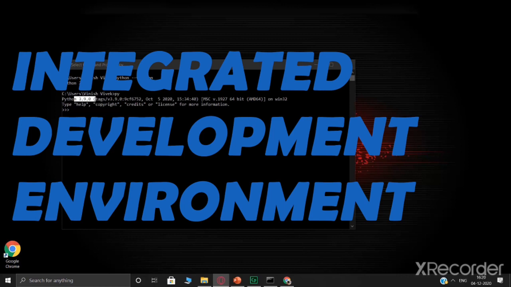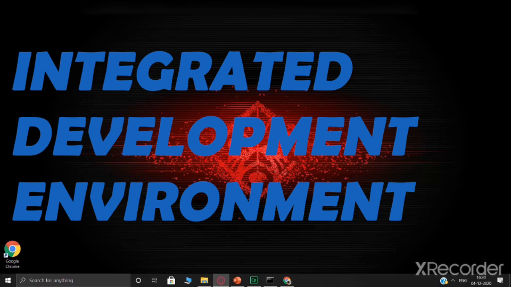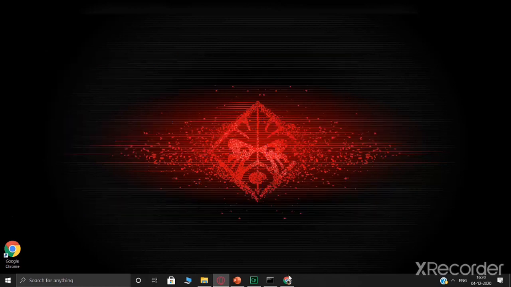IDE stands for Integrated Development Environment. It is a software application that provides the computer programmer many facilities to develop software.